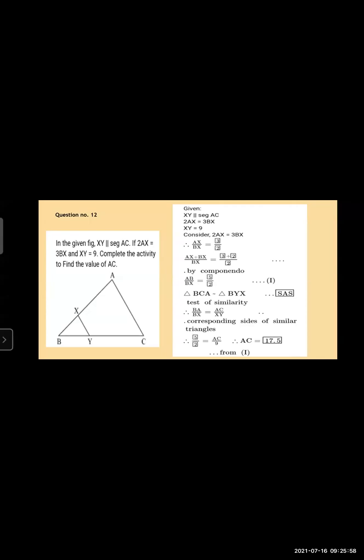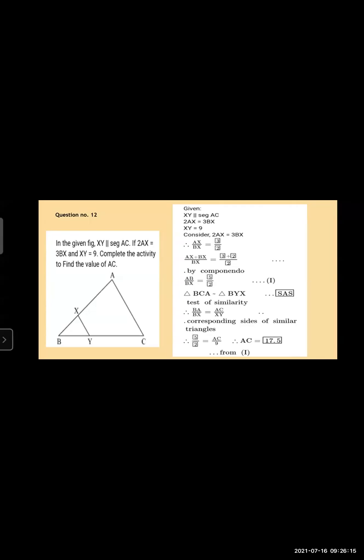So I already told you, in an activity type question, boxes are given. You have to fill the boxes and each box carries half a mark. So for 3 or 2 marks questions, meaning question number 2A and question number 3A, such type of question can be asked in the board examination.